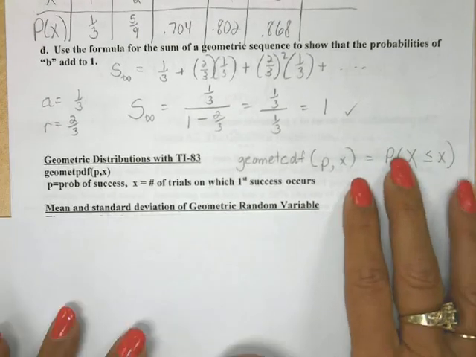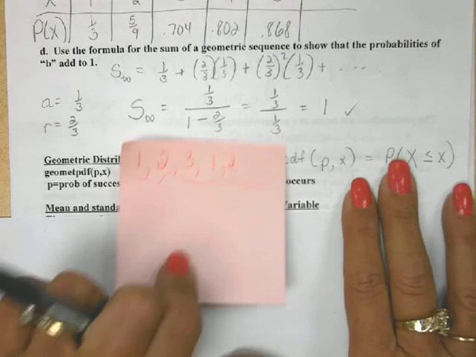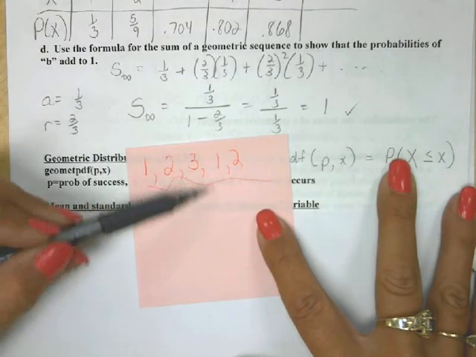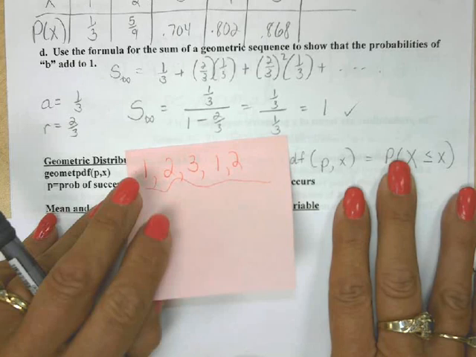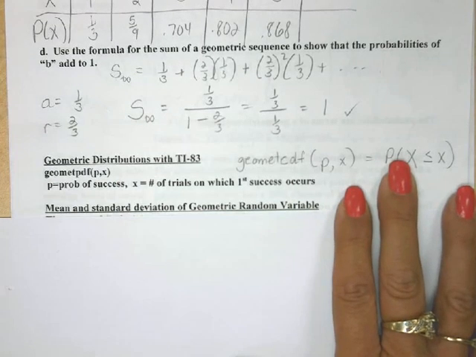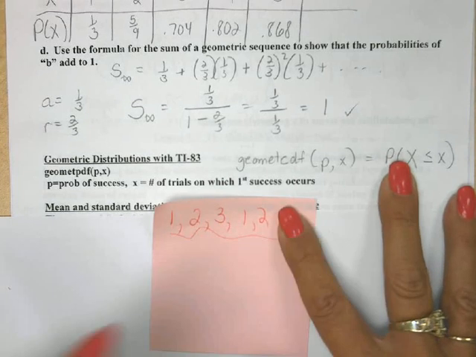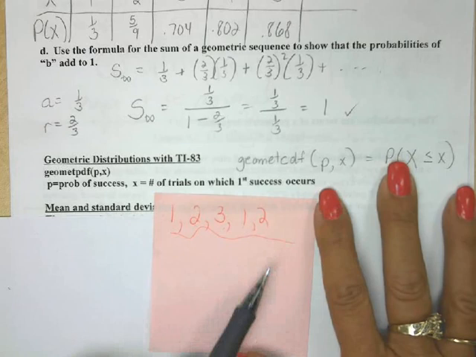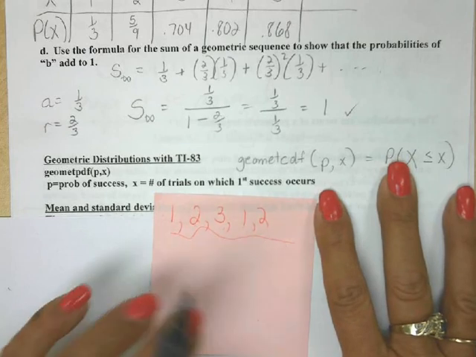And when I was rolling my die before, and remember it took me 1 time, 2 times, 3 times, and so on, to finally get that 5 or 6 to come up, these numbers were not all the same. I had, again, with my very few trials, 1, 2, 3, 1, 2, and it could take me several times to finally have a 5 or 6 to come up.